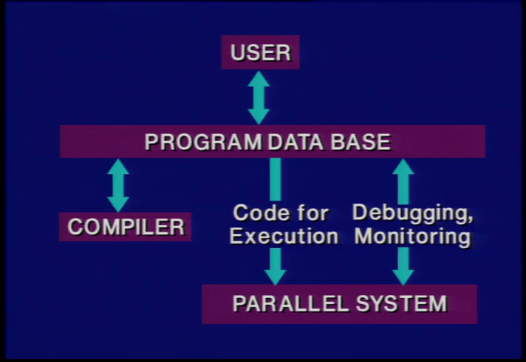So let me give an example of this. The compiler, while doing the analysis, understands a great deal about the program, probably, in fact, a lot more about the program than the individual user really understands about his code, because he's probably using subroutines that he hasn't seen or didn't write, and we can provide that information to the user. The compiler knows, for example, what the references to storage are in some fairly deep ways. Now, some of those are not nearly as precise as they could be, but we could give that information to the user, and the user could, in fact, augment that information.